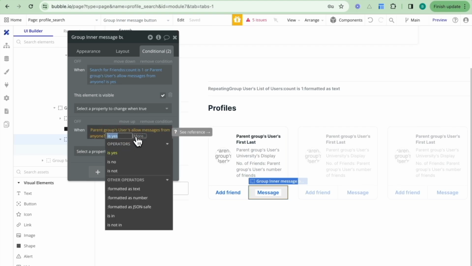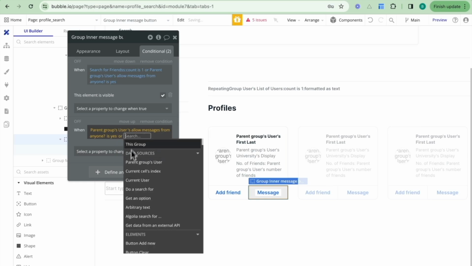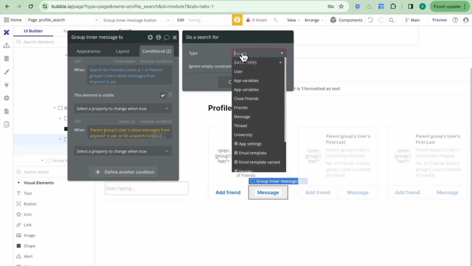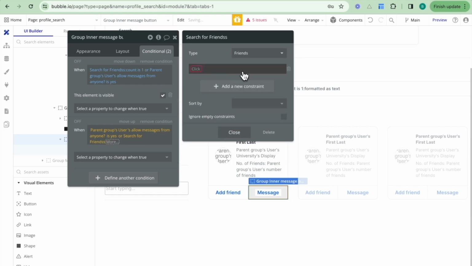And then, and only then, if this one is proven to be false, I want it to check for the second condition, being the search for friends, because this is more intensive because it has to hit the database and run a search. So I'll go do a search for friends,